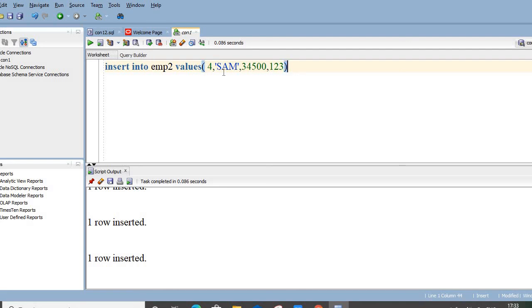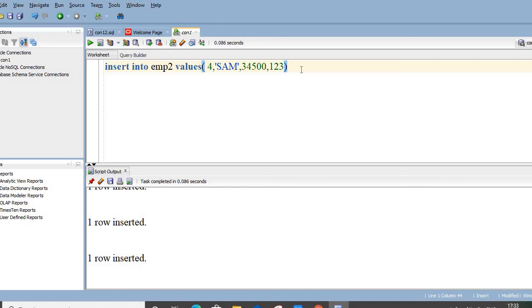Now see, when I try to enter different employees for the same department, that is allowed. It means the value of the foreign key can be repeated or duplicated in that table, but the value of the employee ID cannot be repeated because that is the primary key. And in the department table, the department ID is the primary key, so its value cannot be repeated there.